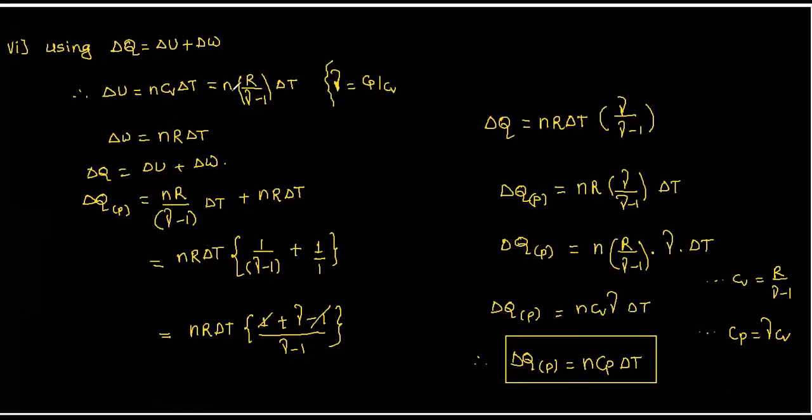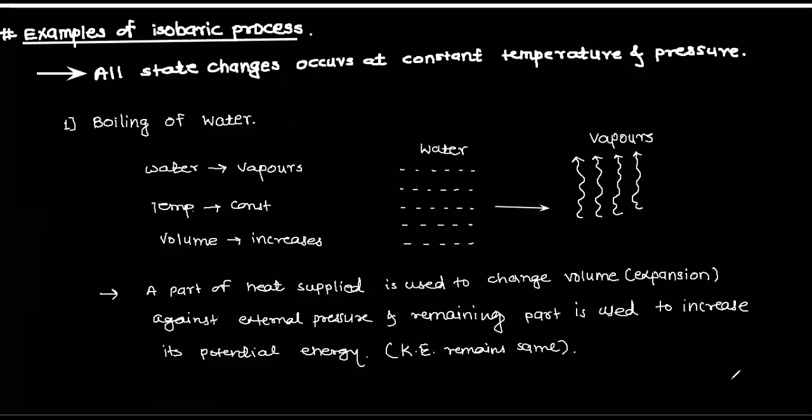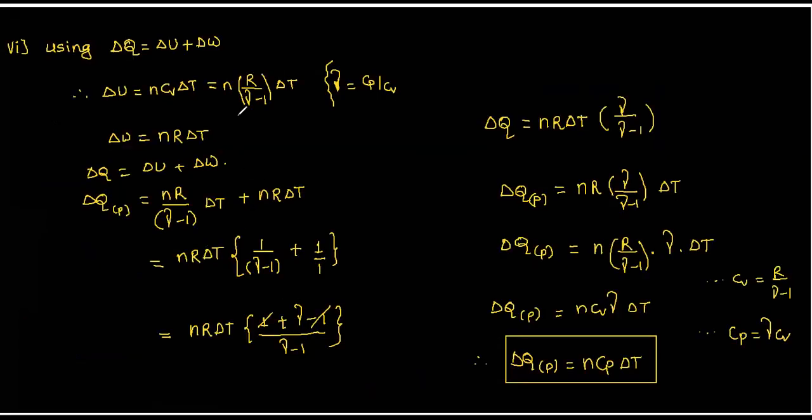In tomorrow's class, I will tell you the Cp-Cv relations, and how you got this particular derivation. Cv is equal to this, then gamma is equal to Cp by Cv. We will continue with Cp-Cv and the isothermal process, so that in one class the complete isothermal process finishes, as well as the Cp-Cv relations, or at least what Cp, Cv, R and gamma are, so that you will understand all this part again.